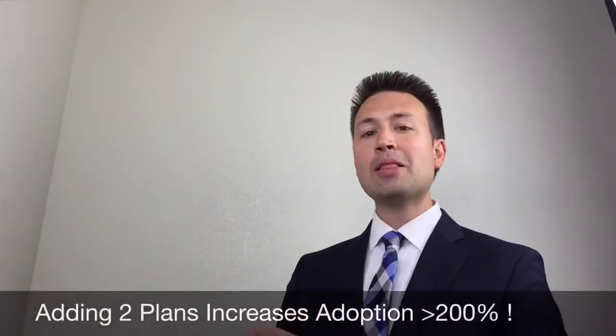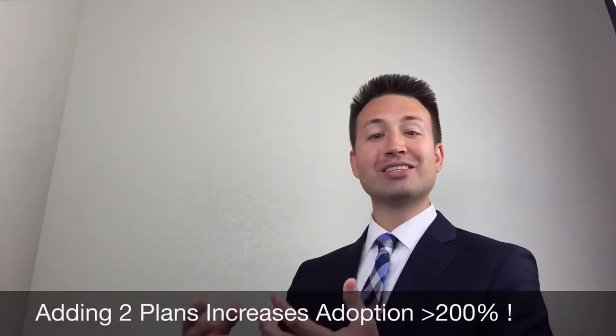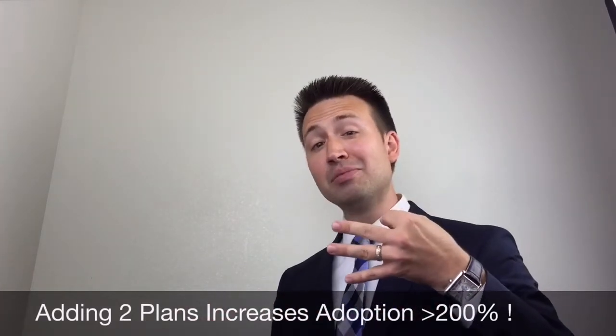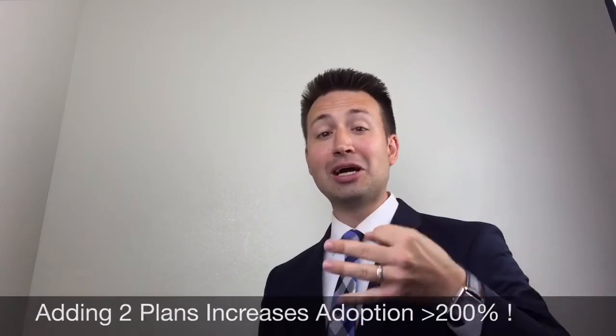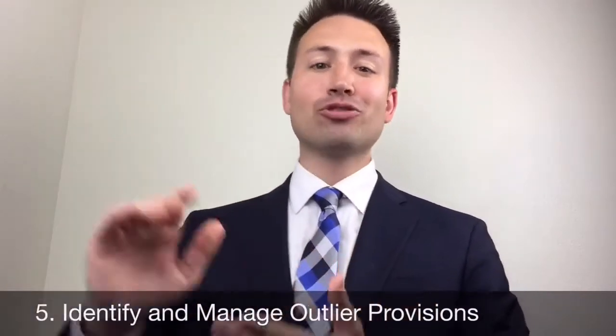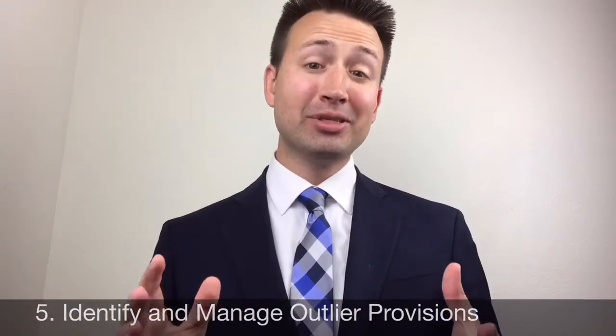Research coming from Benefit Focus suggests that if you added two of the new technology, or two of the high deductible or health savings account plans, as long as there are two options, people feel more comfortable with it because it doesn't seem as scary or different, and you'll see a 3x improvement in your adoption rate. Okay, great. Strategy number 5 is dealing with the exponential rise in high claims and the causes and ways to